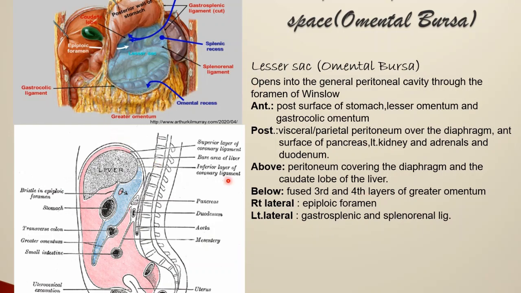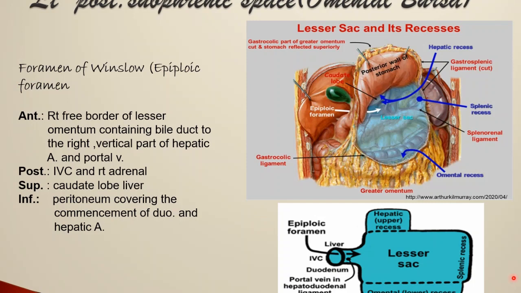That is below. Right lateral, that is below the foramen. Left lateral, it has got the two ligaments, the gastrosplenic ligament and the splenorenal ligament. It has got a number of recesses, and the three important recesses that we're talking about are the hepatic recess, the splenic recess, and the omental recess. So these are the three important recesses of the omental bursa. The foramen of Winslow is important, and you have to know the boundary of the foramen of Winslow, especially because if you want to go into a Pringle maneuver, you want to control